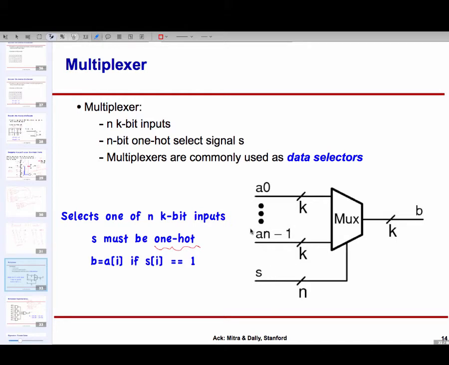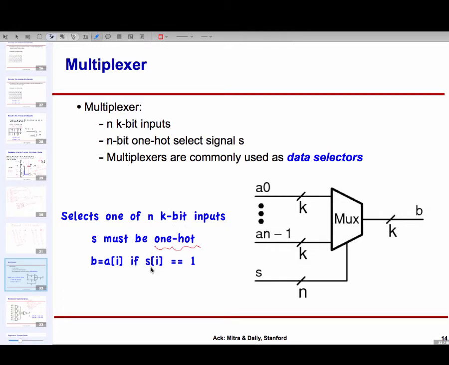So I have n wires because I have n sources. If S0 is high, then the k bits of A0 are going to be sent to the output. If Si is high, then Ai, source number i, its k bits will be sent to the output. That's the logic written out here.